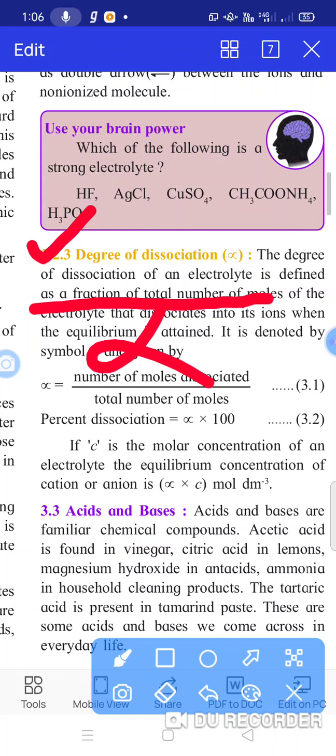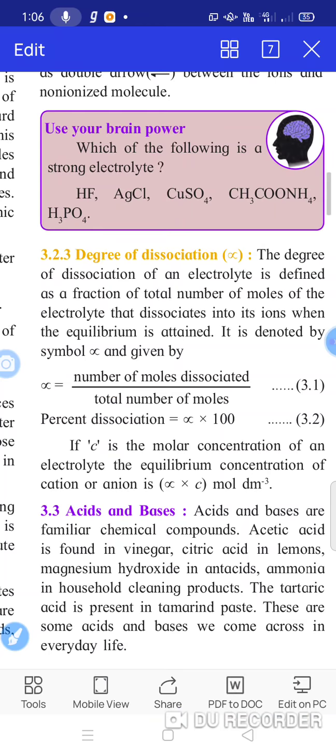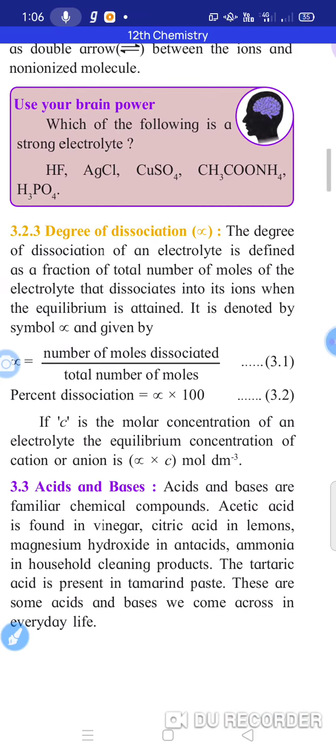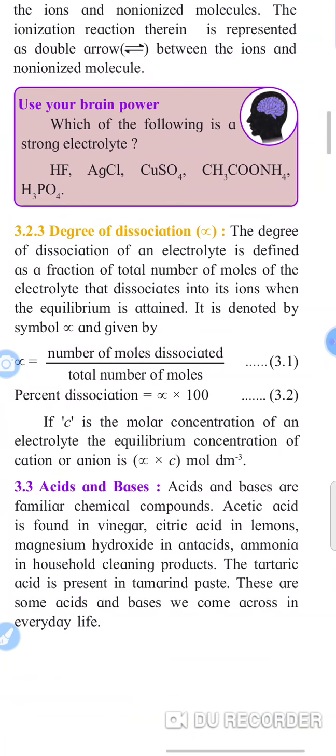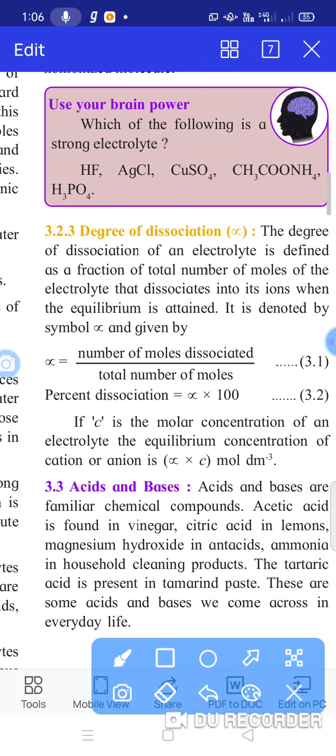How is the degree of dissociation represented? It is represented by the symbol alpha, and degree of dissociation alpha is equal to the number of moles dissociated divided by the total number of moles. Okay, that is, the degree of dissociation is the ratio of the number of moles dissociated to the total number of moles